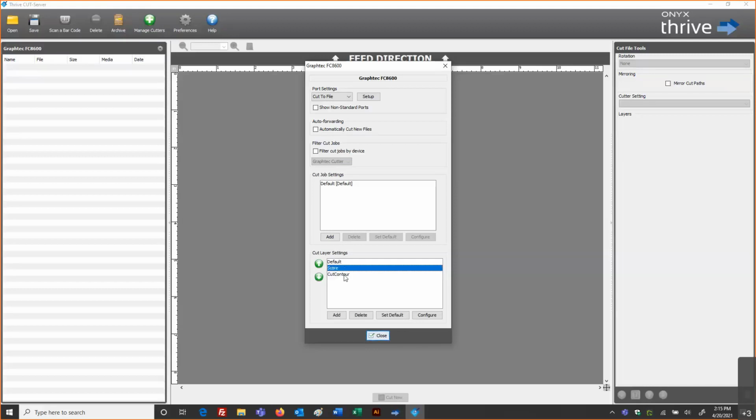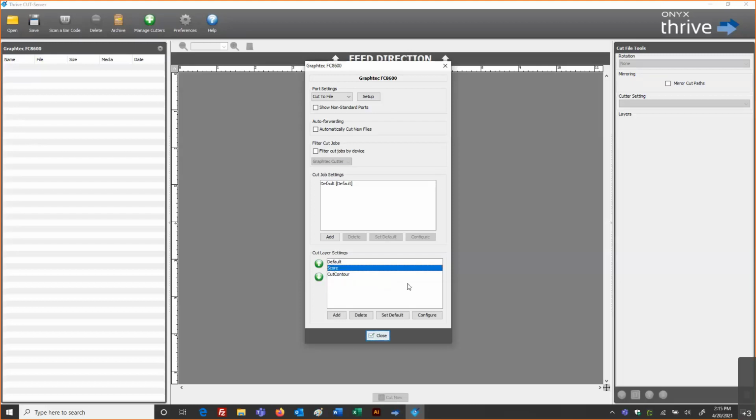This order will be the order that the cut sequencing will take place. So we would want to do all of our light score cuts first, and then follow up secondly, if I had 2 cut paths, follow up secondly with the hard through cut all the way through the material. Okay, so we can control those settings here.